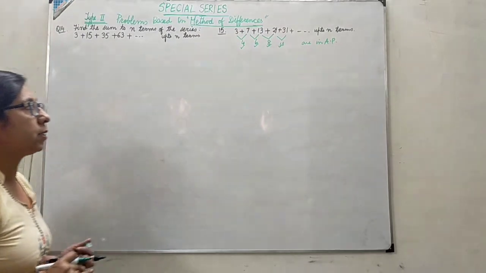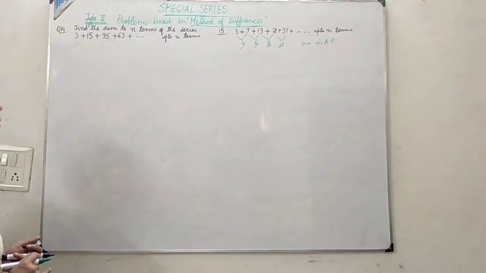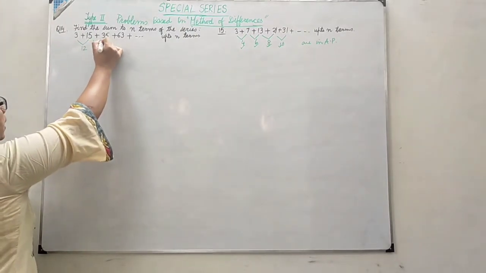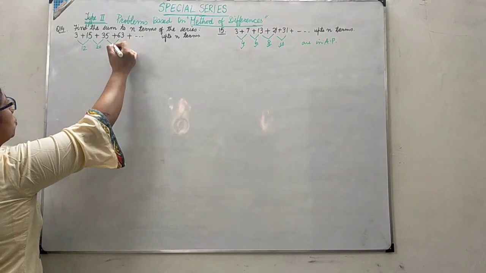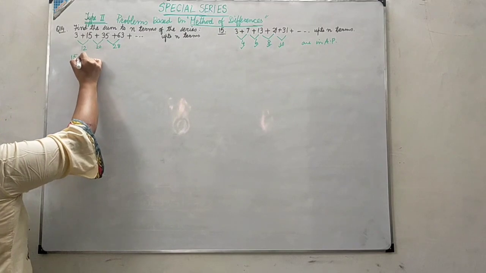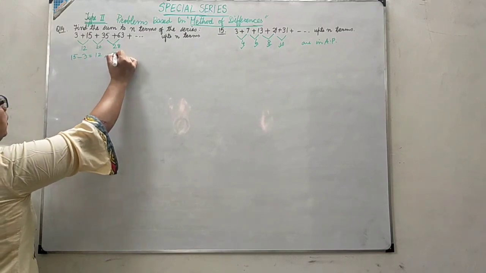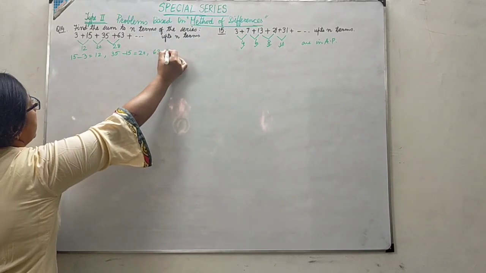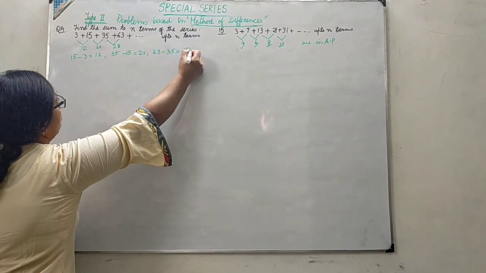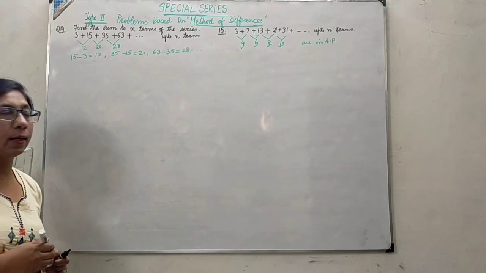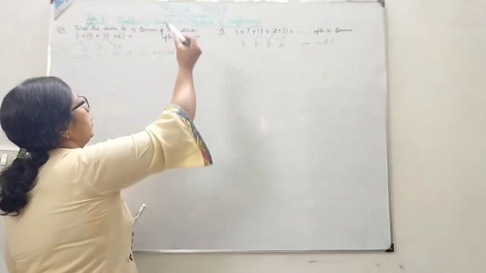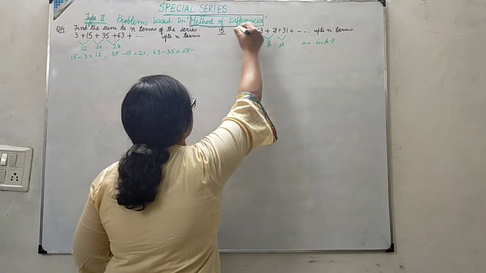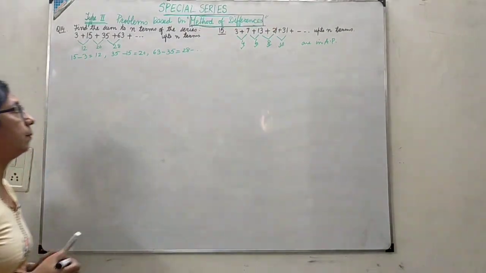So we can recognize such types of patterns, and here also if you find, this is 12 difference and this is 20 and this is your 28. 15 minus 3 is 12, then 35 minus 15 is 20, and then 63 minus 35 is 28, and so on. So this is a type of series in which we are applying the method of differences. And how are we to apply it? We will do some examples.